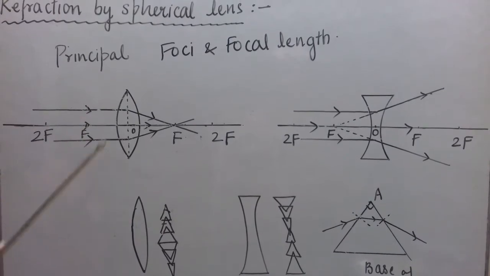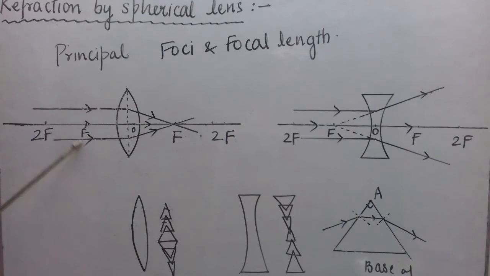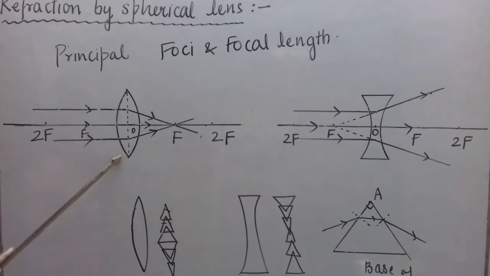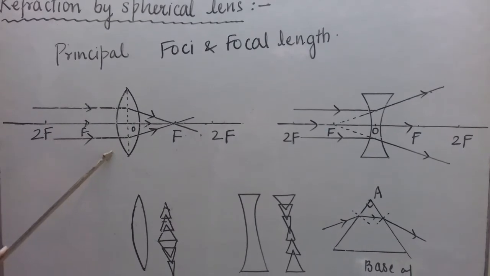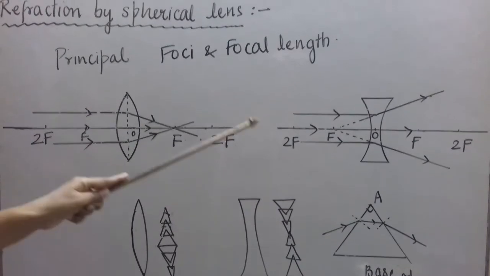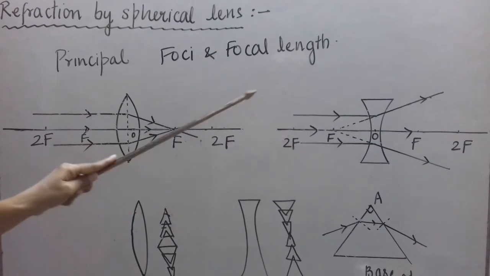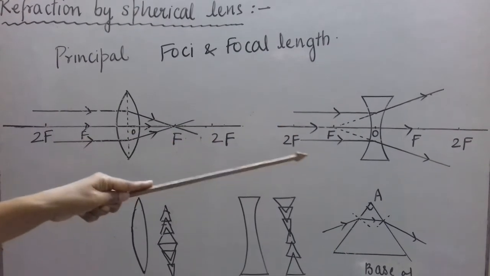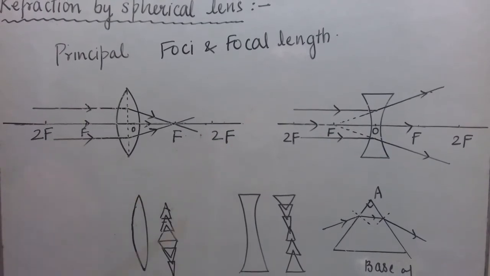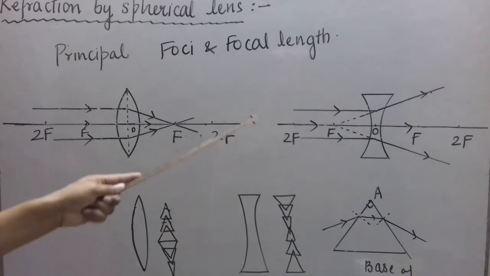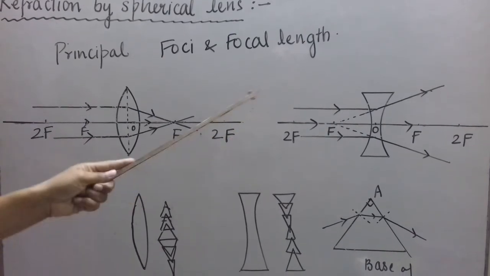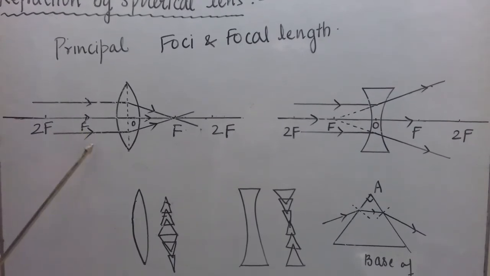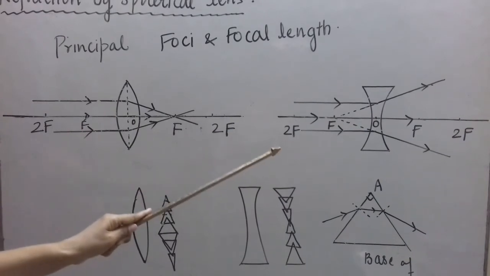Okay, and we can see here this convex lens converges the parallel beam of light or parallel rays of light at its focus. So this convex lens is also called a converging lens, just like a concave mirror. And there we see a concave lens. When parallel rays of light are incident on a concave lens, they appear to diverge after refraction from the focus. So we can say a concave lens diverges the parallel beam of light incident on it. So we can call a concave lens a diverging lens.